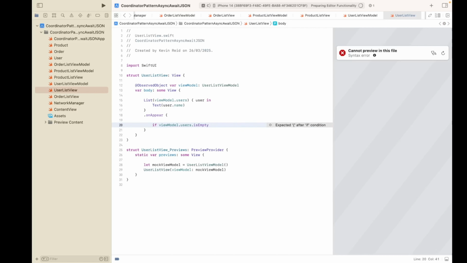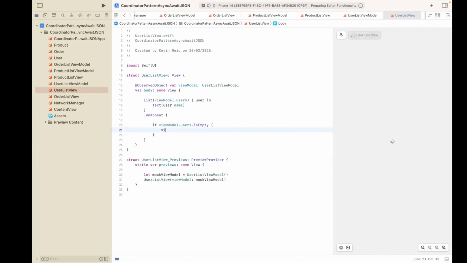So what that does, it will fetch the users only if they haven't been loaded as yet. Then viewModel.fetchUsers, and then we need, it's displaying it now, and then we need